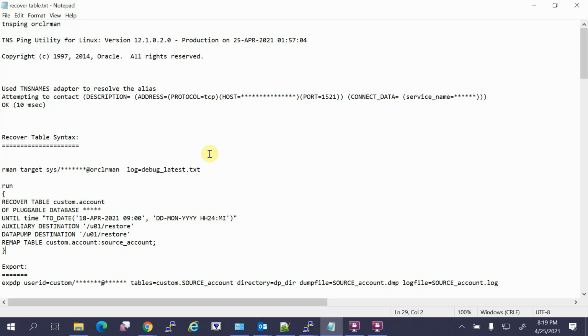Then in that case, you have to go with the traditional way of refreshing the complete database, 4.5 terabyte of database, then export the table and import the table. But if you are in 12.102, you are lucky. But this is the first time I tried it in an OCI environment. Since we did it just 5 days back, it is freshly registered in my mind.